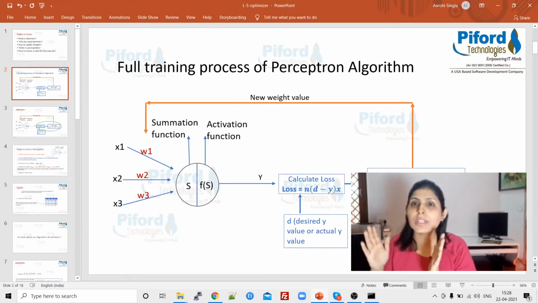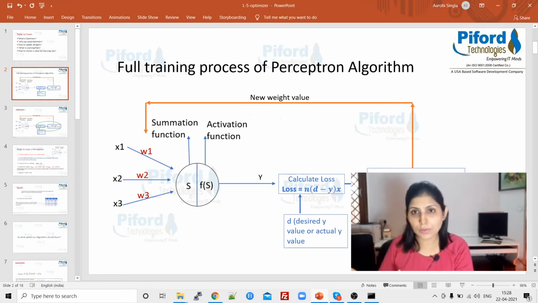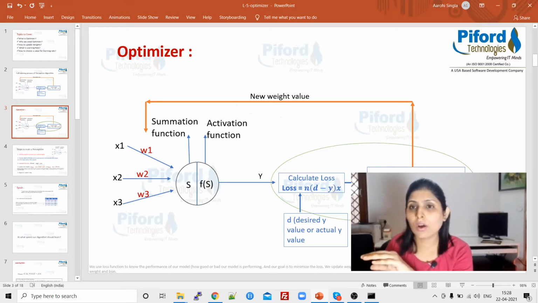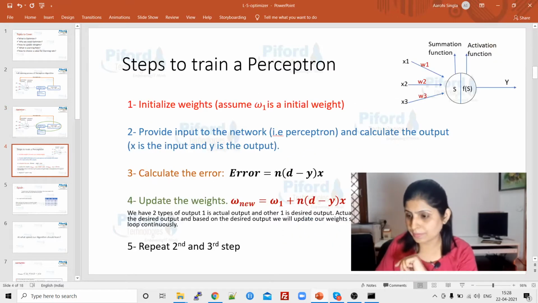The next step is how to choose a new weight value. For that we are using an optimizer. So in updating the weights, the optimizer is used. Now let's discuss it in more detail.